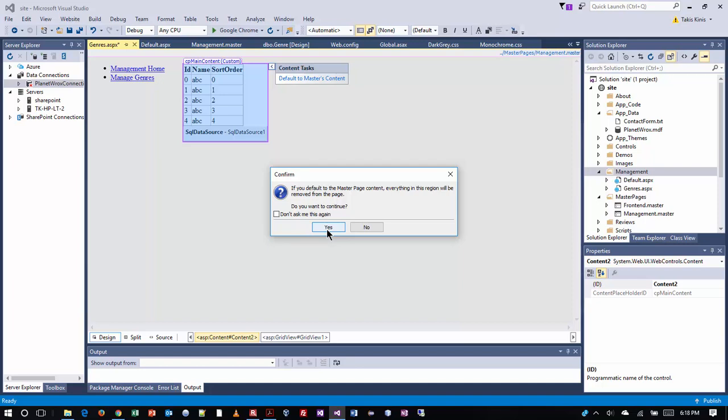So I should answer. It says if you default to the master page content, everything in this region will be removed from the page. So what should I do? Okay, so I'm kind of troubleshooting through this with the class. So we got this little thing, and I think really what we're seeing here is that there's a difference between the two versions of Visual Studio. If you were using 2012,